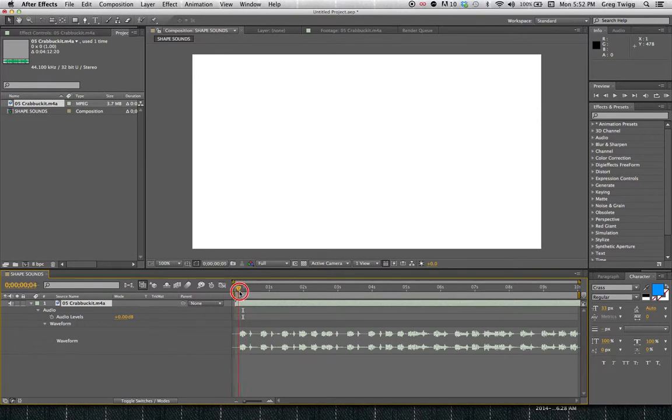Boom, boom, boom. So the sound actually happens, right? Boom, boom, right at the very beginning of that waveform, obviously. Even though the middle of that waveform is where the peak is, that's just the nature of that sound. So right here I'd like to lay a visual marker on this layer so that I can reference it for animation. So I need to make sure that my layer is selected,